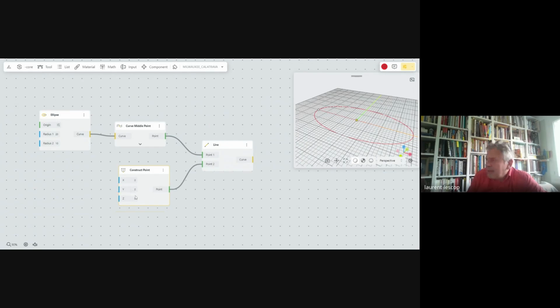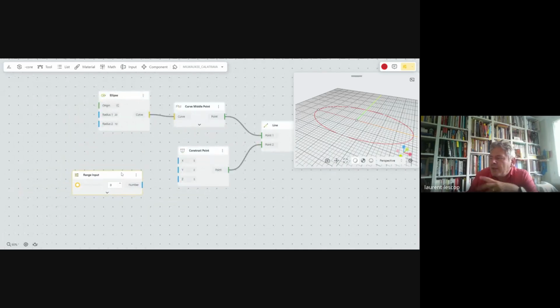And I need also the X value. For that, there is a very nice tool that you'll be using all the time, range input. This is where I'm going to put the numbers. I will start with Z. For instance, I will put a maximum of 20, just to start, and I will see if it works or not. For steps, I don't need every 0.1, so I will put 1.